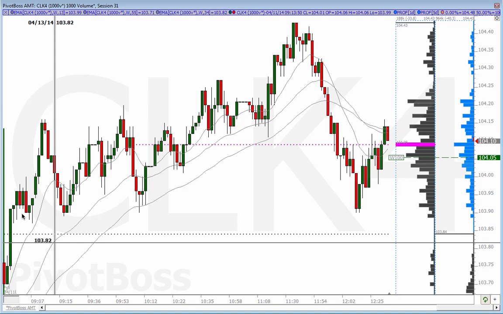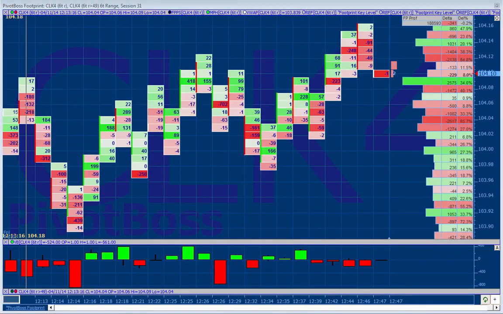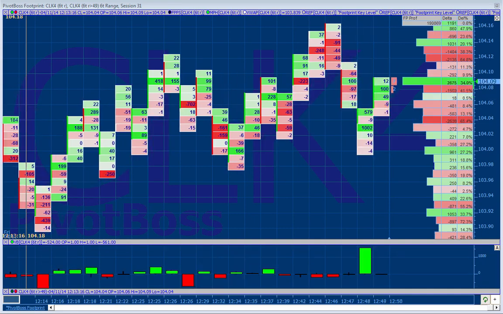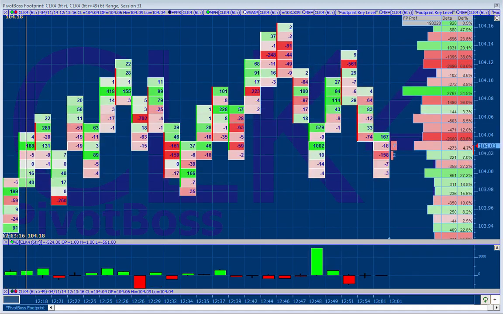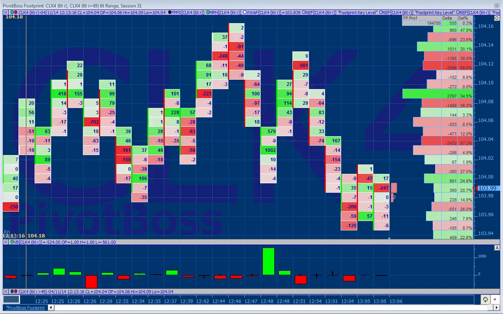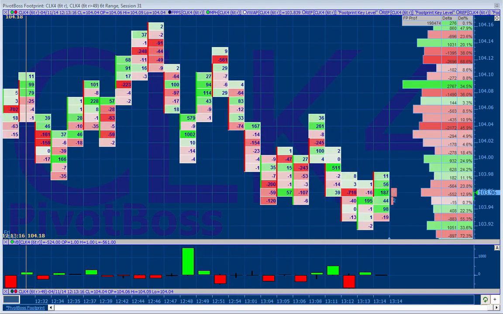So let's go ahead and look at how price continues to develop in the footprint chart. Let's push play. And you can see here that at 104.16 price pushes up and there are sell imbalances. Here's a 561 sell imbalance that hits 104.12. Price goes offered. And now we are holding just above the 103.90 area of support.